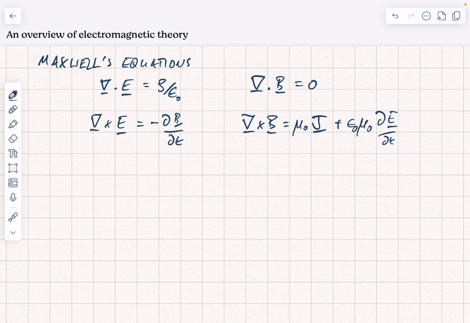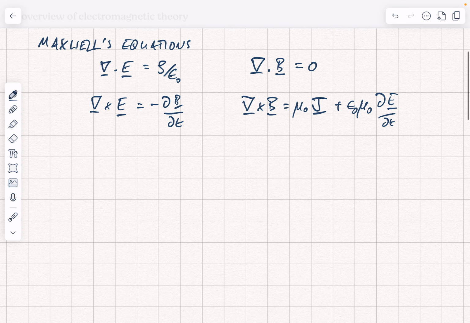And you'll notice here that we have equations which link the two fields, and we also have equations which show that the sources of the fields are current and charge densities. Everything flows from this. So what we're going to be thinking about in this overview are the sources and also solutions for the fields. If we're thinking about sources, then we naturally have to turn to materials. So we're going to think about the interaction of fields and matter or material,